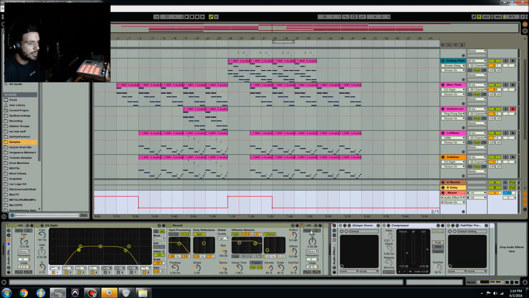This part though, I did automate another utility to come in. It's not in at the beginning, but right here it is. It's just making things wider because this utility brought everything down to 0. So this part's a little bit wider because it has that pad and whatnot, so I wanted to give that room to breathe. So let's work with this little spot when we're looking at the